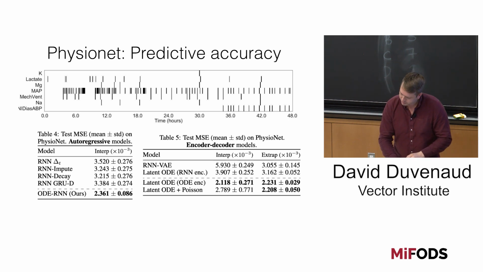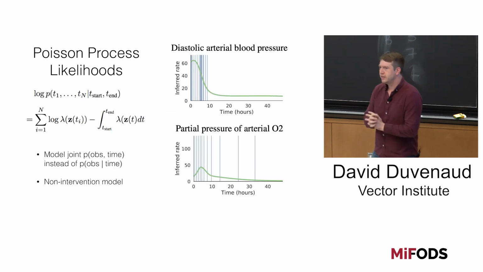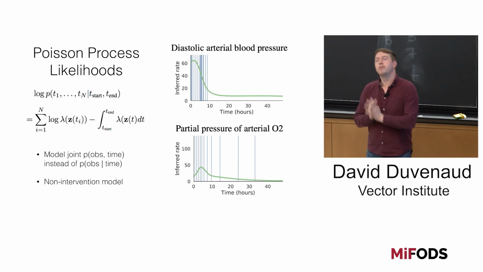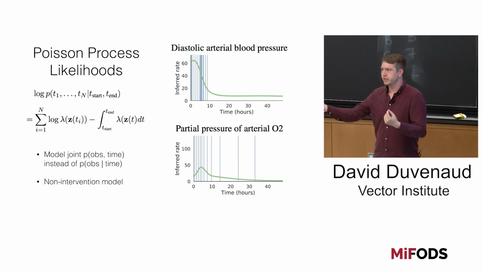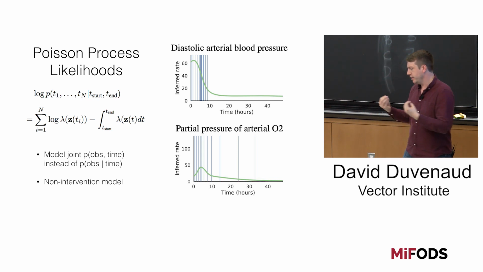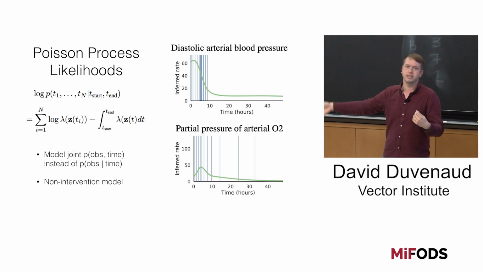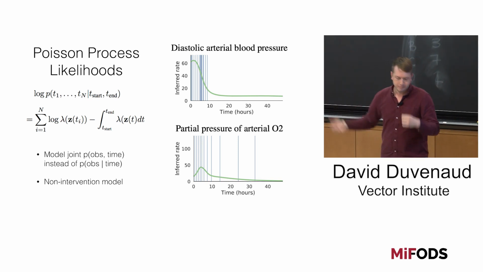One kind of disappointment from me was that this Poisson model didn't do better, and I want to explain what that is very briefly. One thing that I think is missing from most time series models is a model of the time of arrival of different observations. And of course, when the data is regularly sampled, this doesn't add anything. But in a situation like healthcare records, the fact that the patient showed up at the doctor's office in the first place already tells you a lot about what's going on with them, probably.